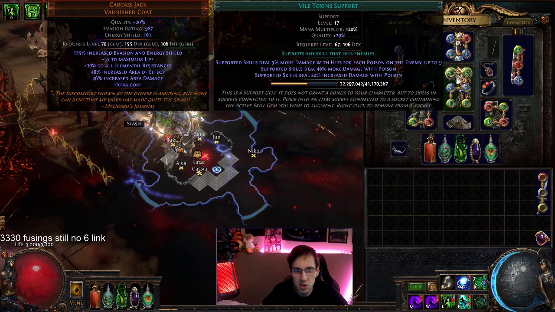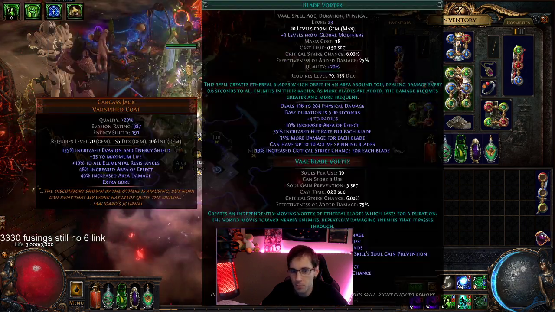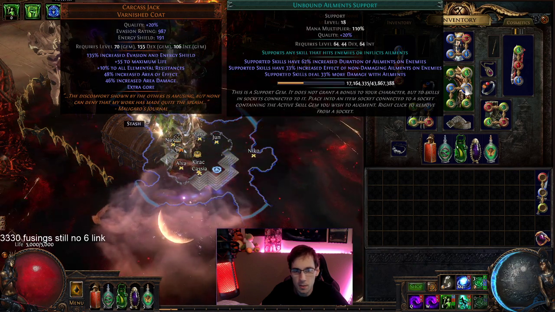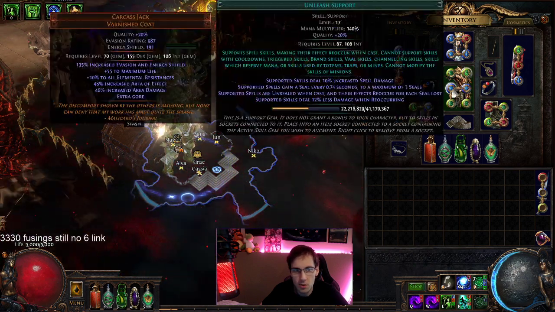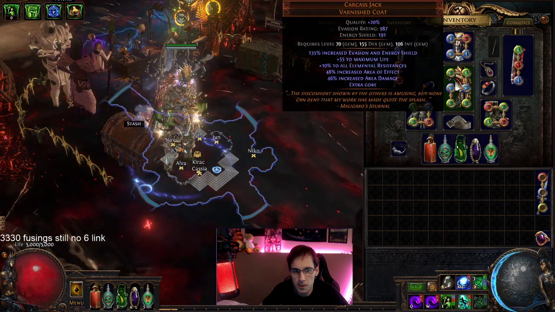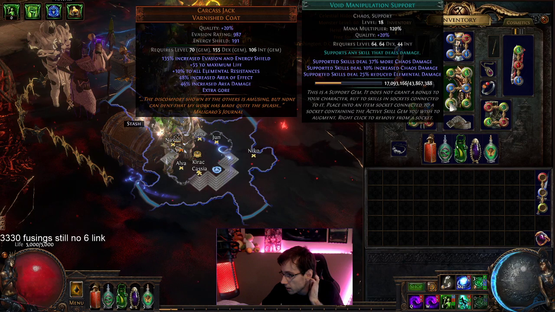And Biotox, I'm not sure between the 3 which one's the best. But I do know that Blade Vortex, your Unbound Elements, this is what makes Blade Vortex not feel like garbage. And your Unleash. Pretty much these 2 help your Blade Vortex durations. And then between the 3, it depends whatever you think. I just kept it the